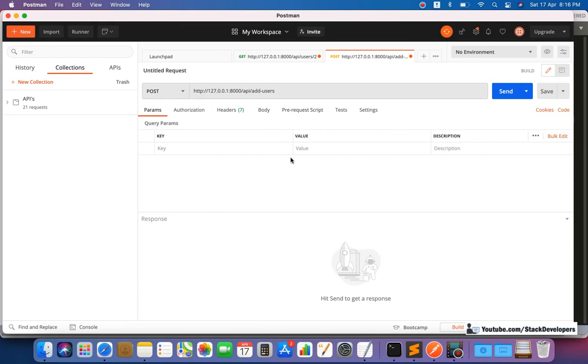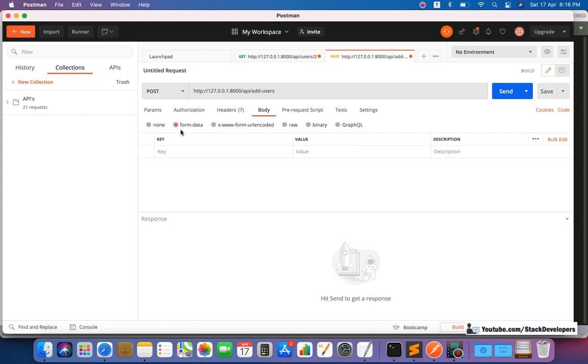Okay, so now there are two ways to post. First of all, we will select the body here. In body itself there are two ways. One is form data. We are going to add fields that may be similar to the Android app, like a front end developer will add in an HTML form or in Android.